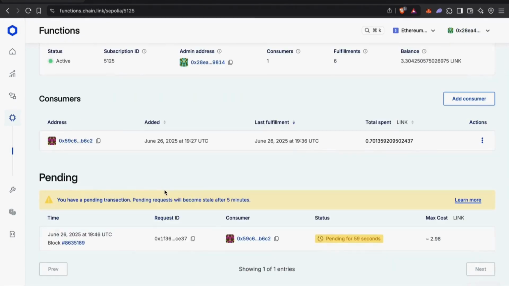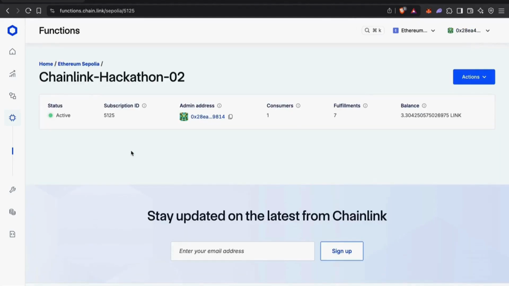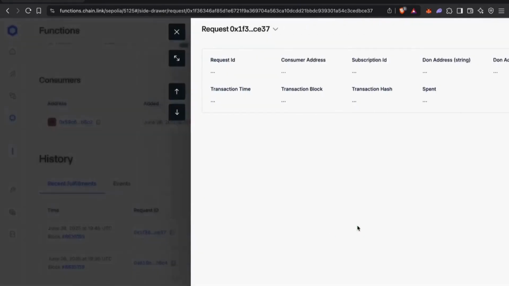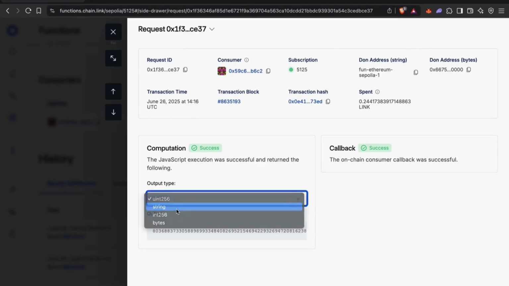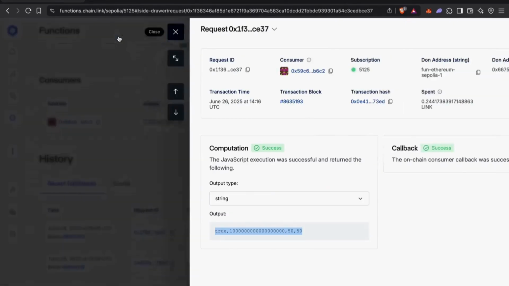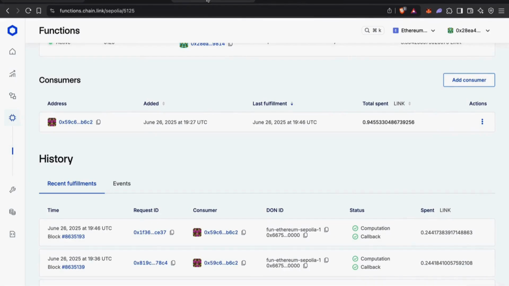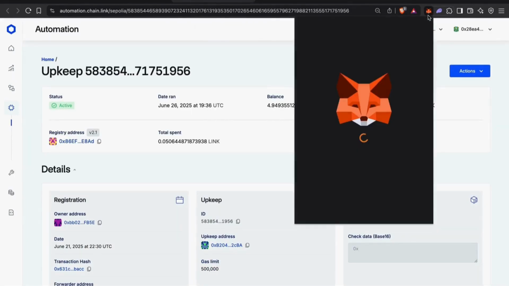Yeah, as you can see, we have a pending transaction. The fulfillment request is here. Let me refresh it and give it some time to reload. Yeah, we have a completion. Let me decode it. We have a decision to execute the trade with an amount and some gas fee